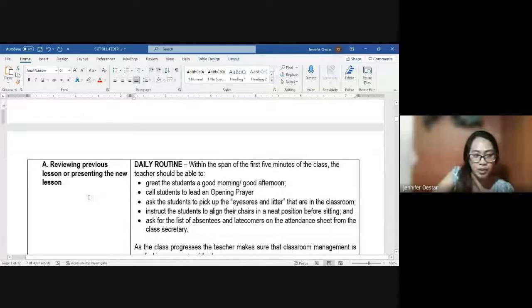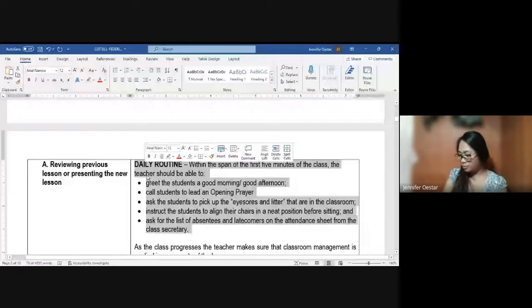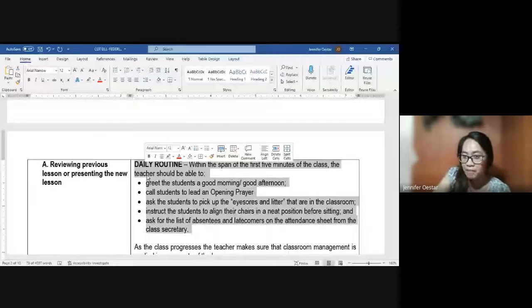Reviewing previous lesson and presenting new lesson. Pwede kang mag-introduce ng new lesson or mag-review ng previous lesson. So we have the daily routine. Don't forget that, and that's the main concern or my main suggestion to you last time. Do not forget to establish the routine. Within the span of the first 5 minutes of the class, the teacher should be able to